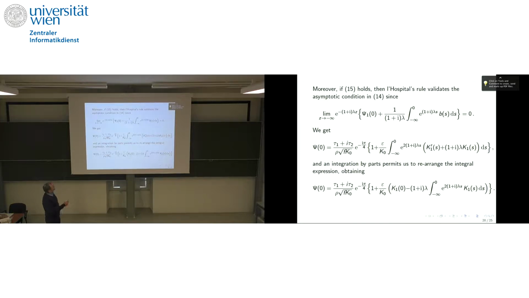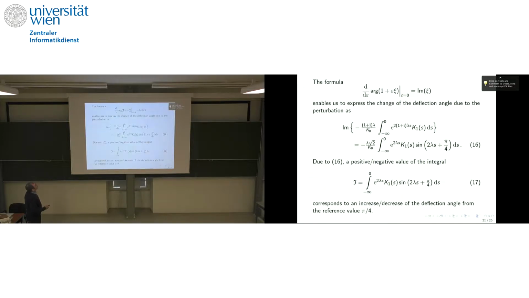Okay? This is the explicit formula for psi, and this is the derivative. And because I have a derivative here, I can do some integration by parts and write psi of 0 in this nicer form where there are no derivatives. Okay? And now I can use this, and I can compute the deflection angle. It's some constant times this, and this is where this integral comes in. So basically, this is the proof